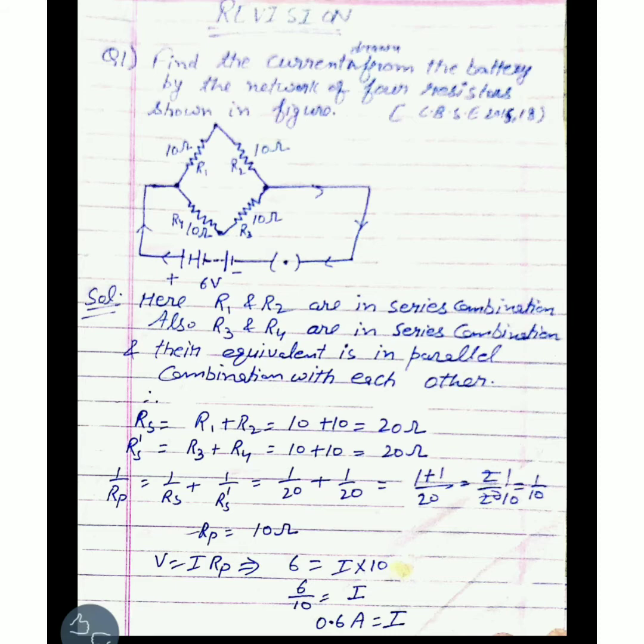Because total potential is given, we have to calculate the total resistance of the circuit, and by that we are able to calculate that the total current withdrawn by the circuit is 0.6 ampere. So in this way, you have to see in the paper which combination is given to you, and you have to apply the combination in the questions, and you have to solve the numerical. Okay, now let's do the next question.